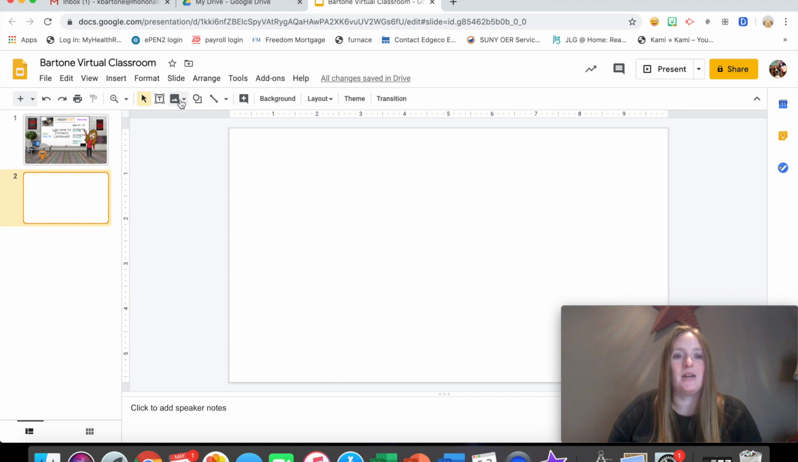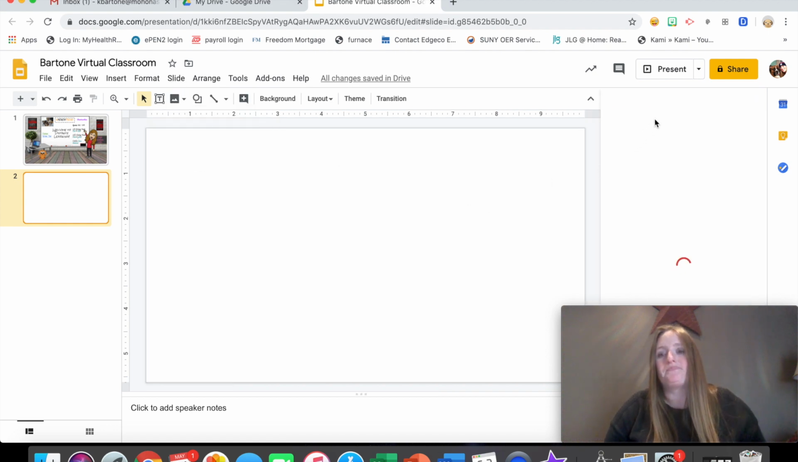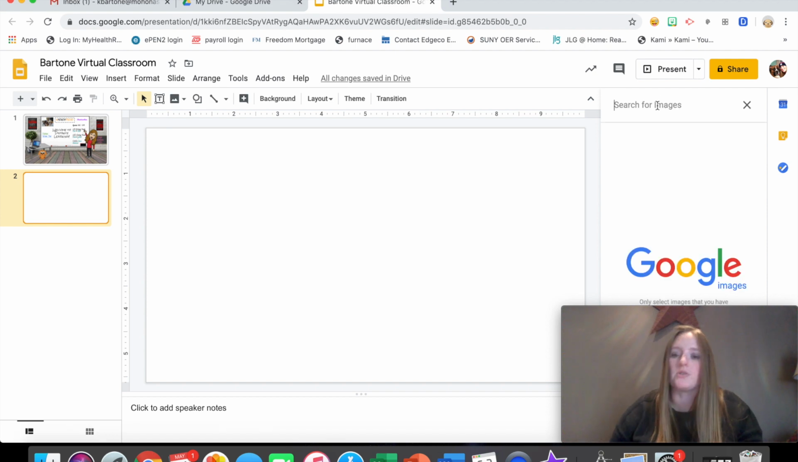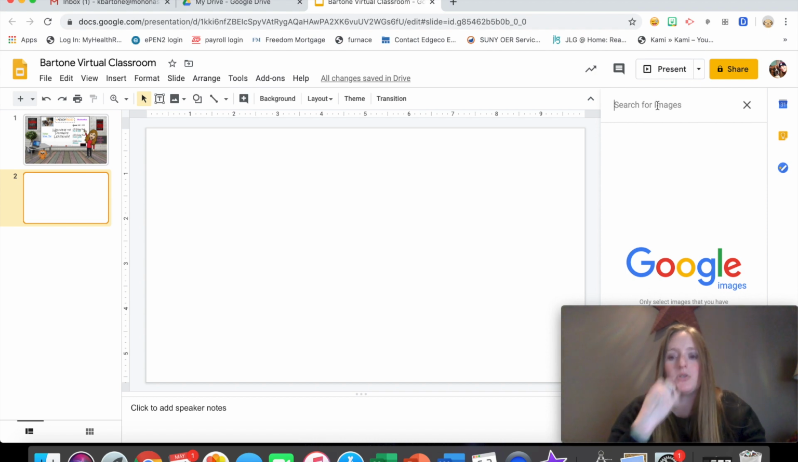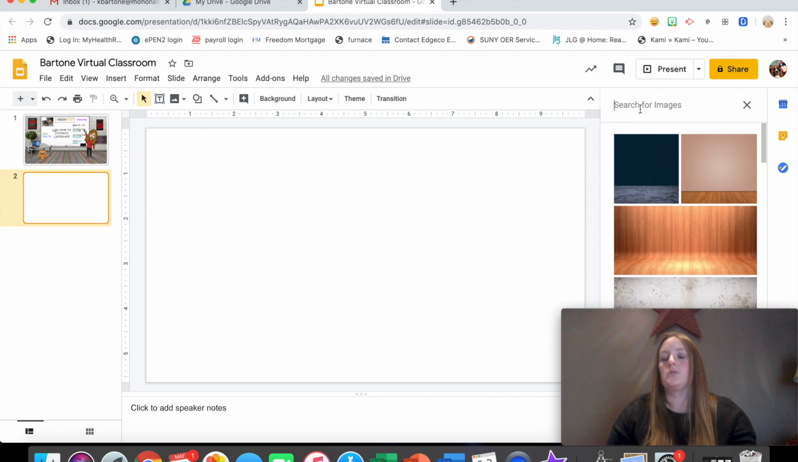The key here is if you go to Insert Image and search from the web, the key is looking for things with a transparent background so that there's not a big white box or a big black box around whichever image you search for. So you're going to search